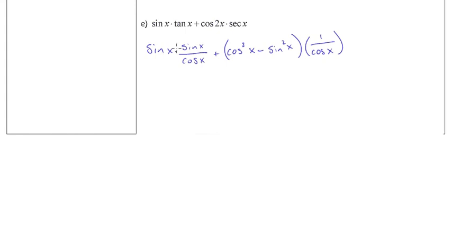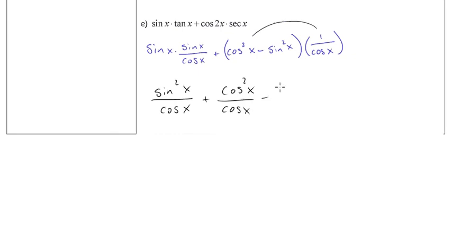Well, this first term here will give us sine squared of x over cosine of x, plus, let's distribute this out, we've got cosine squared of x over cosine of x minus sine squared of x also over cosine of x. And notice all of our denominators here are cosine of x, so we can add up all these pieces, and we're going to have